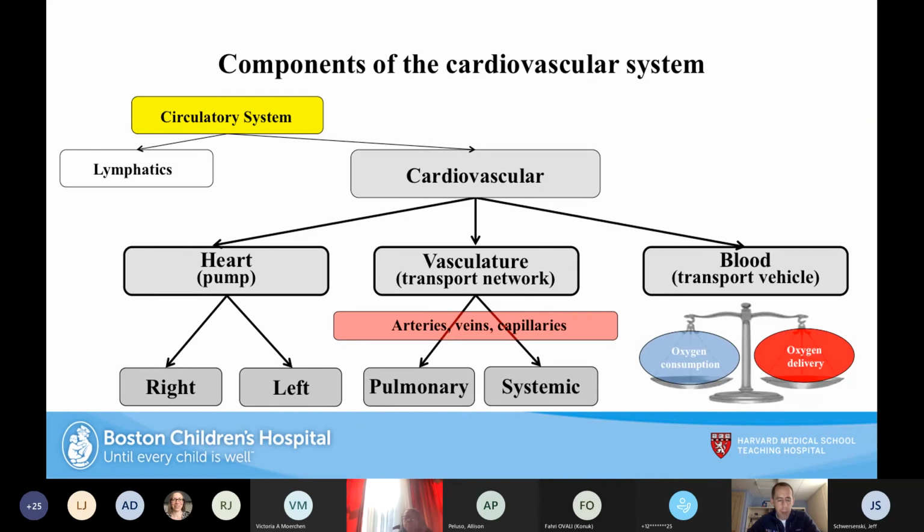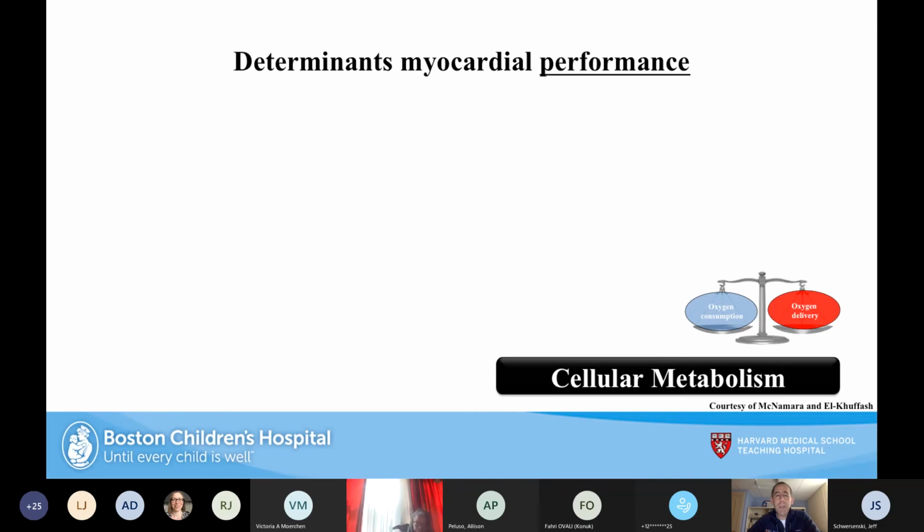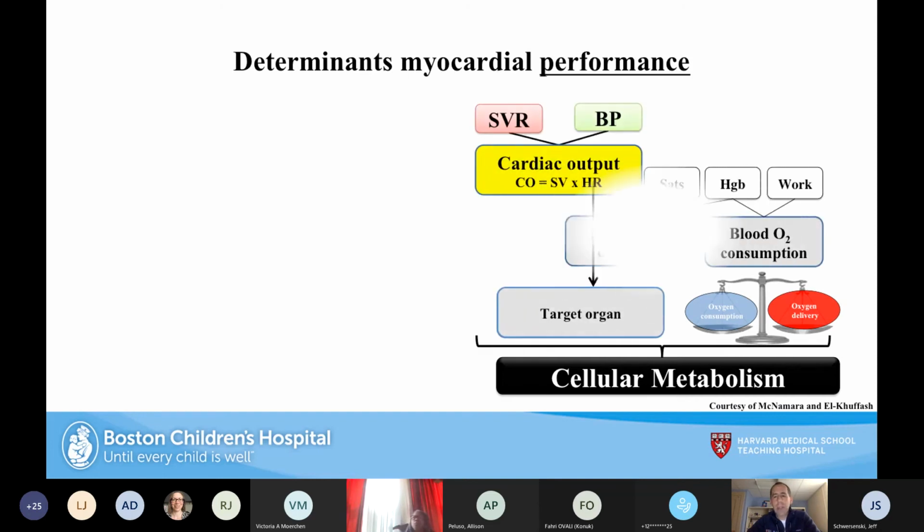The heart acts as a pump, the vasculature acts as a transport network, and the blood acts as a transport vehicle. It's all a balance between oxygen consumption and oxygen delivery. And what we've learned over the last 15 years is that it's really a balance of cellular metabolism, or as Patrick McNamara likes to say, cellular homeostasis, where it is an interplay between cardiac output, blood delivery and consumption, and the target